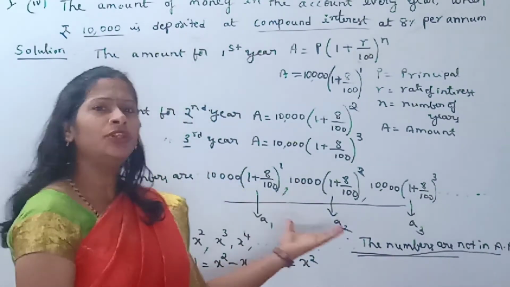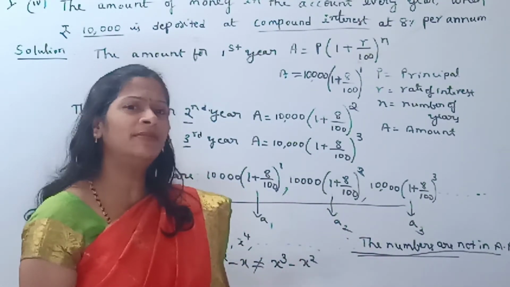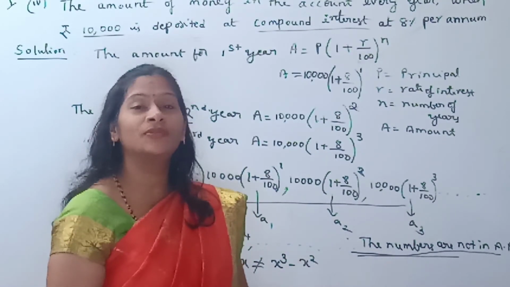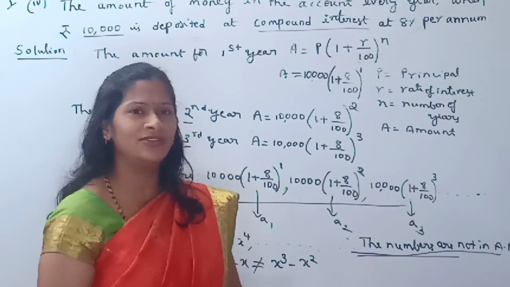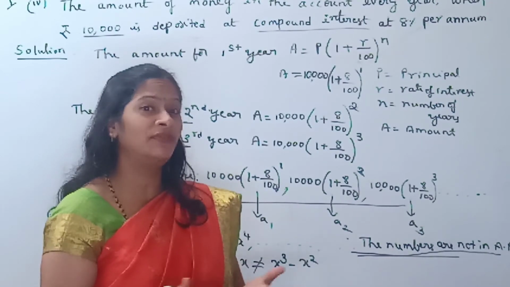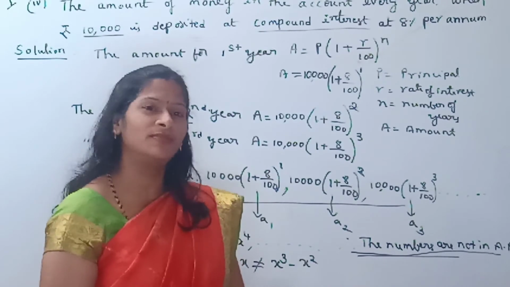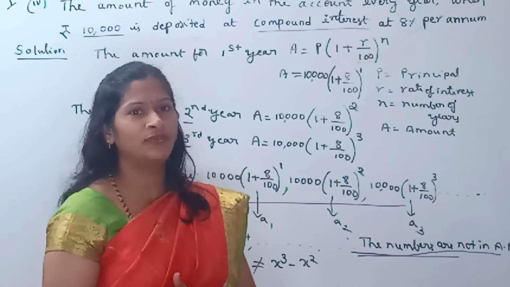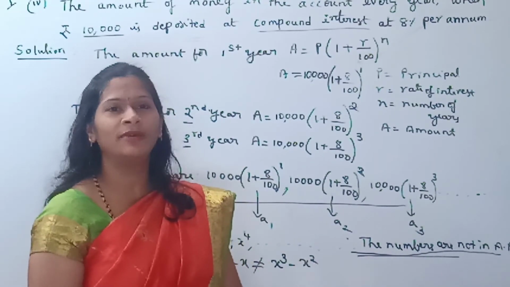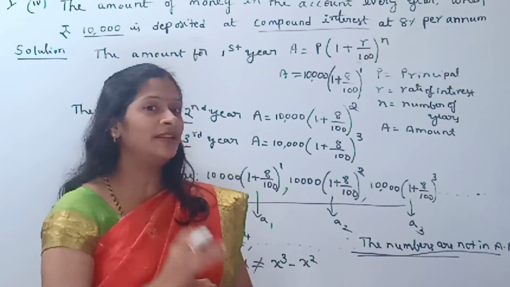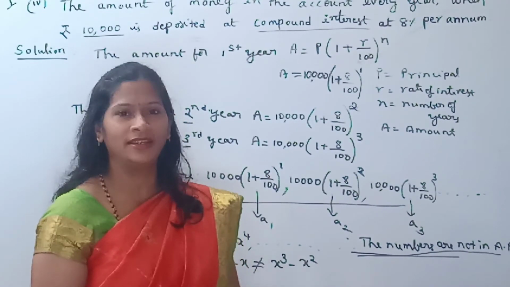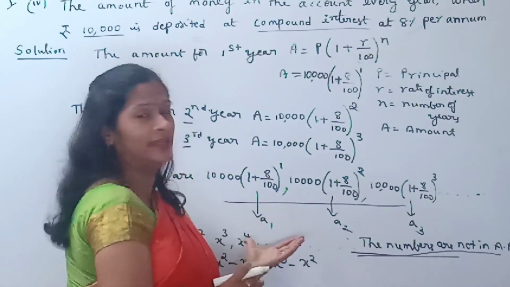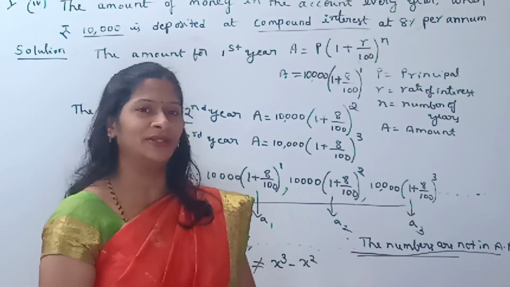Okay. So if you want, you can take one more example also. Take square numbers, children. 1 square is 1, 2 square is 4, 3 square is 9, 4 square is 16 and so on. Now you can verify whether these squares of numbers form an AP or not, isn't it? So 1 square is 1, 2 square is 4, 4 minus 1, so you will get a common difference of 3. 9 minus 4, you will get a common difference of 5. So 3 is not equal to 5. So you can take any example like square numbers and come to the conclusion.